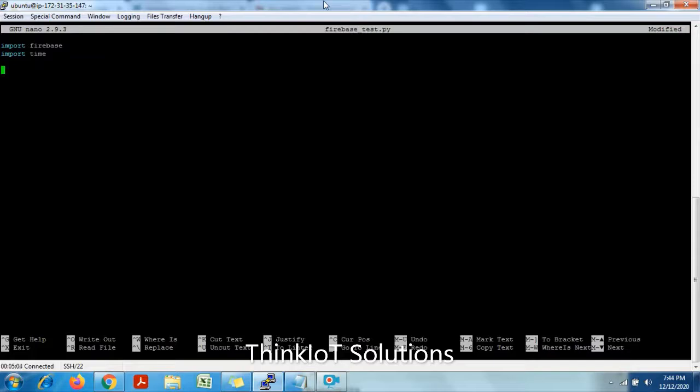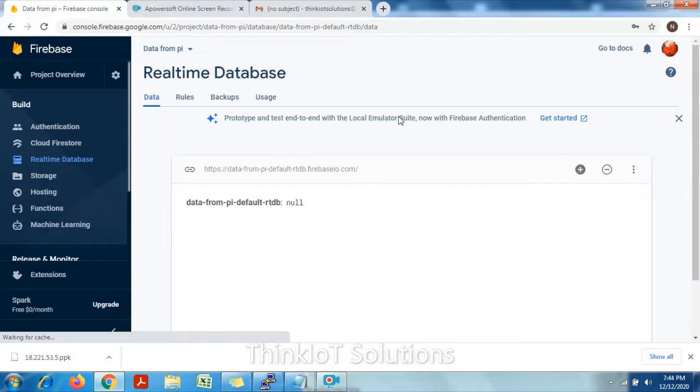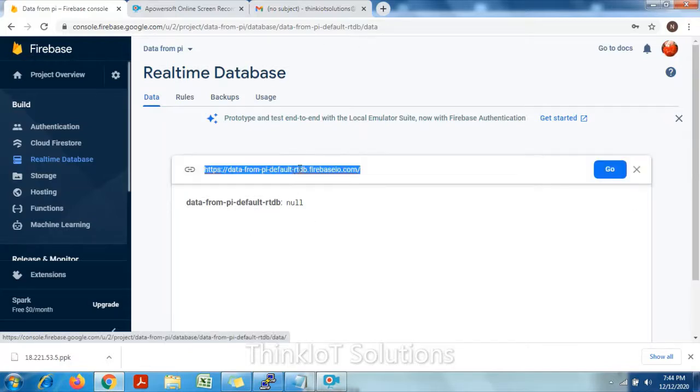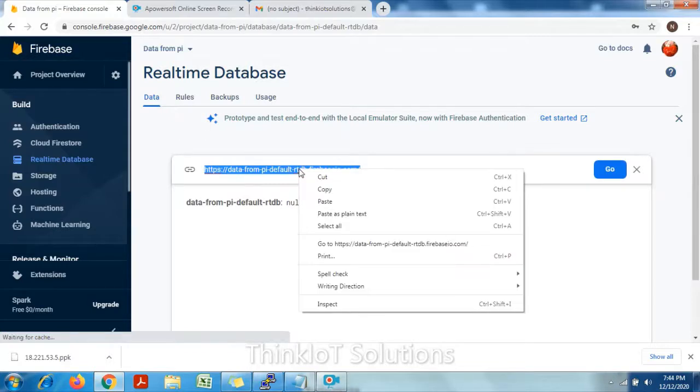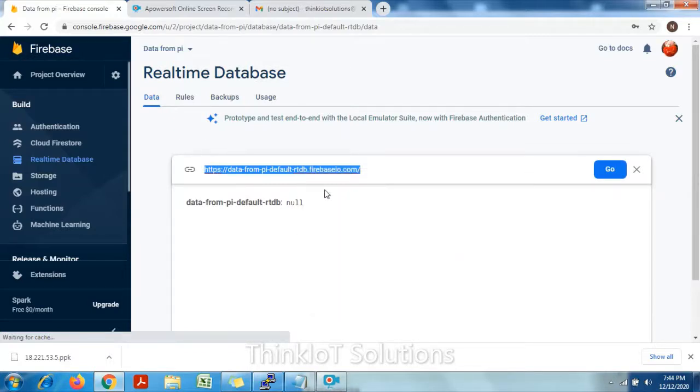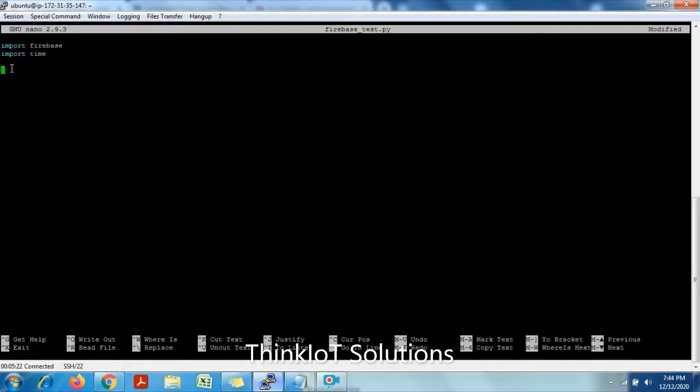The next thing I need to do, as I said, is if I want to communicate with this particular Firebase database, I need to use this link, and this link has to be provided in my program. So I will select it and copy this URL. Then I will go into my program. Now, how we give it in our program is we use a user-defined name called FB. FB is the name I am providing here; if you want, you can change the name. Equals to, in the library called Firebase.